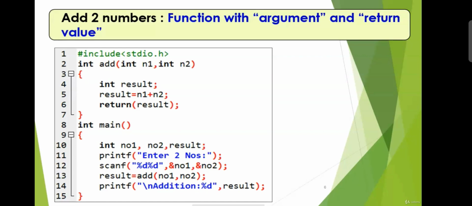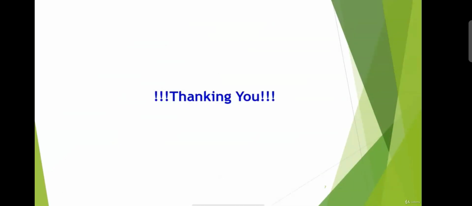This value is an integer value. So inside main function, I am accepting that value inside the result variable, and inside main function, I am displaying the total result. So thus we have a user-defined function which accepts the argument and it also has the return value. So in this session, we implemented different versions of user-defined function. You have understood that we can implement the same code by using different methods. Thank you. See you again.